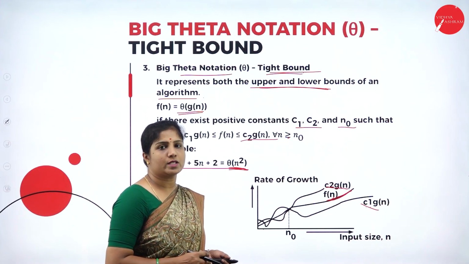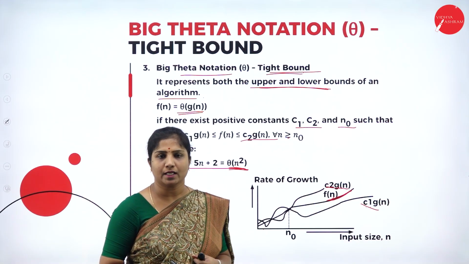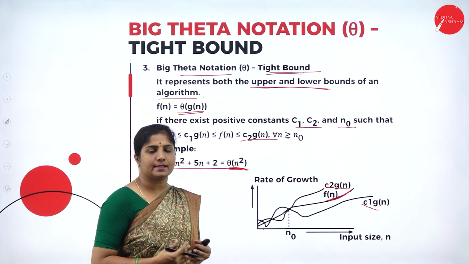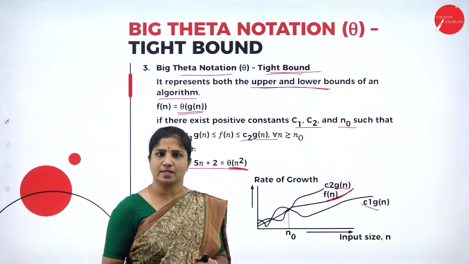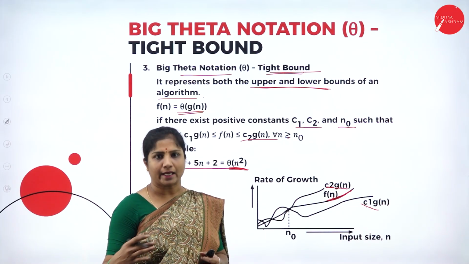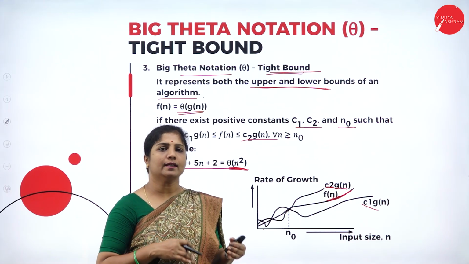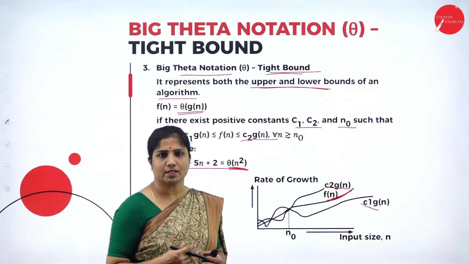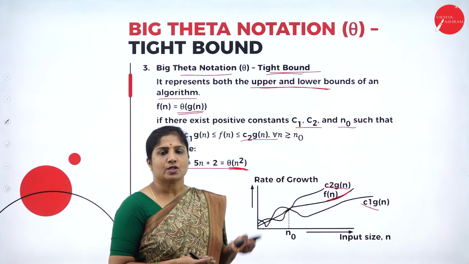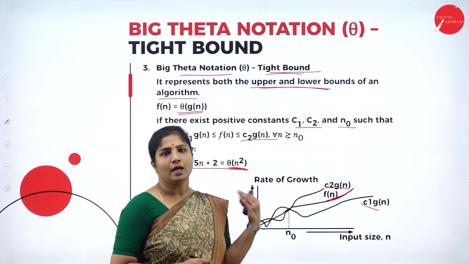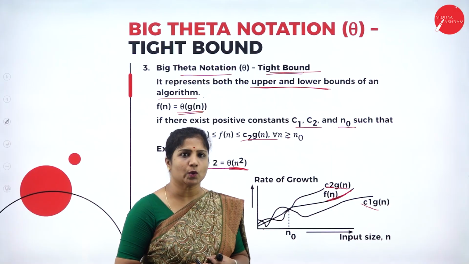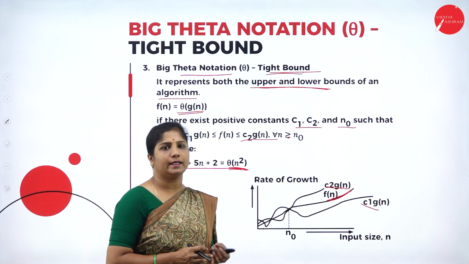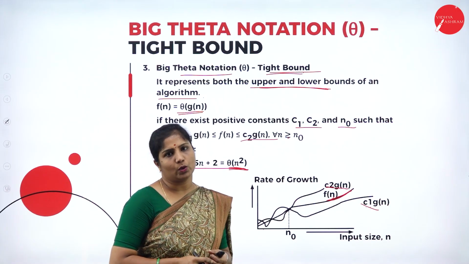Asymptotic notations are mathematical tools used to analyze the time complexity and space complexity depending on the input size. As n increases, the time complexity and space complexity will also increase. Using three notations we are going to calculate the time complexity. Which are the three notations? Here we use big O, big theta and omega notations.